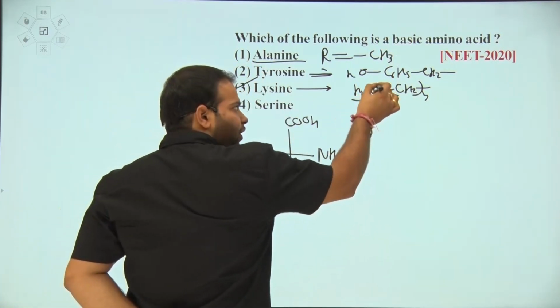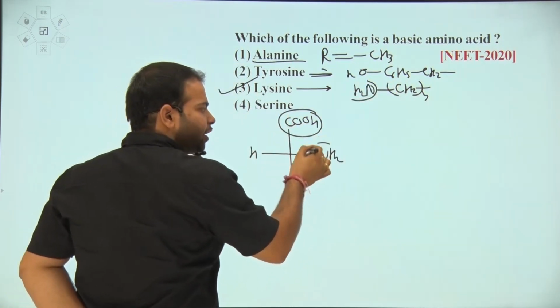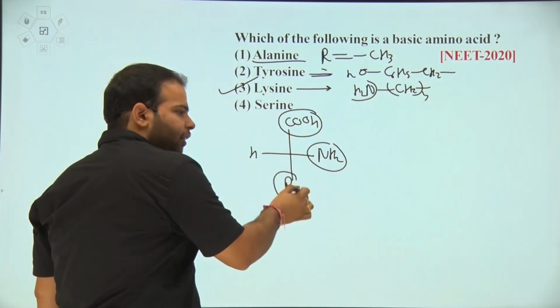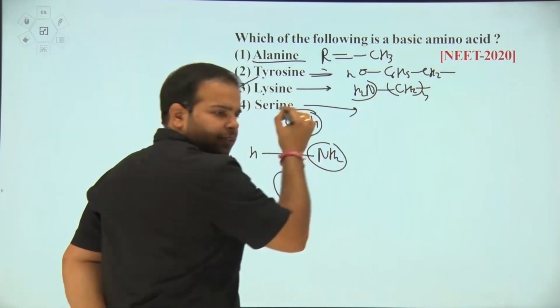Now why are we considering only the R group? Because in the remaining part there is one acidic and one basic, so both of them are equal. So we have to check in R whether it is basic or acidic. Clear? Last one, serine. Serine is